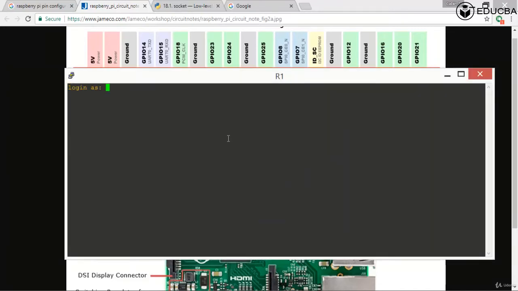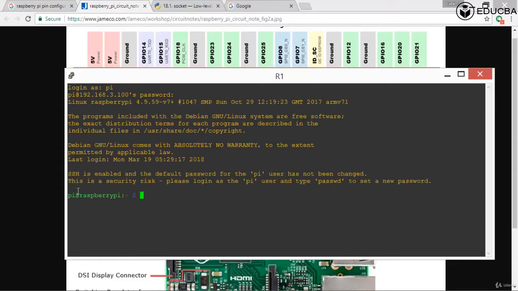So login as, I need to say Pi is the user. Enter. I'm going to write Raspberry, but you will not see it, because that's the unique quality of this, where you cannot see the password. Now, can you see when you logged in? Where did you log in? You have logged in into the command line of the Pi at Raspberry Pi.